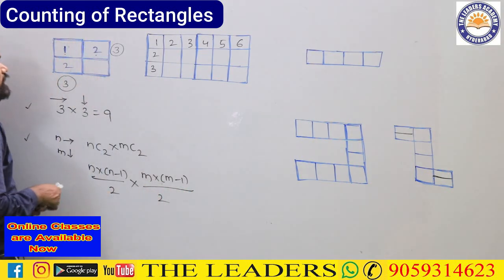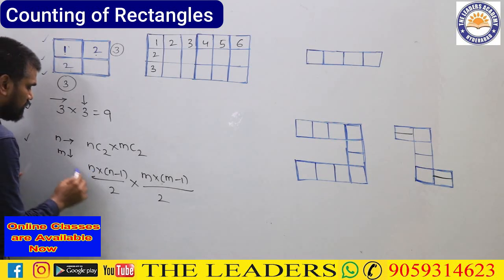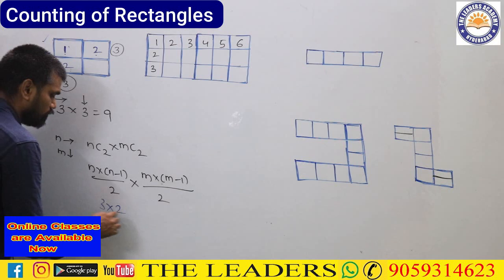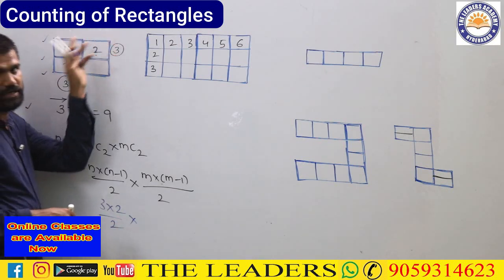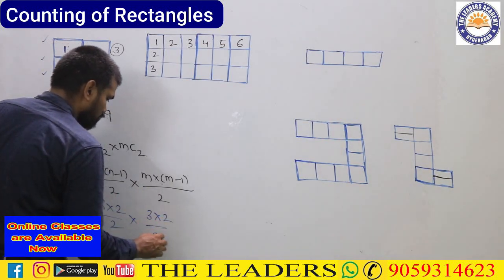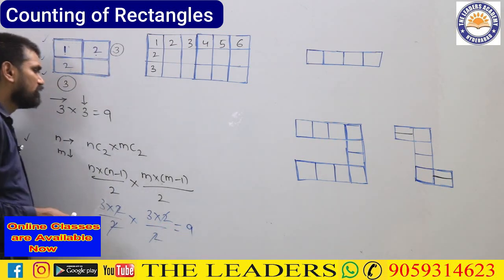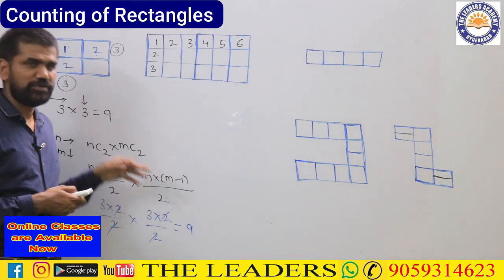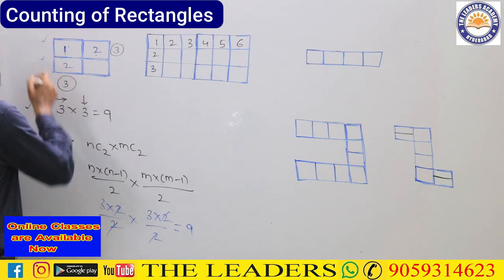Now in this particular diagram we have how many horizontal lines? In total I have 3. So if I am putting n as 3, this will give me 3 into 2 by 2. Coming to the number of vertical lines here, I still have 3 vertical lines. So the sum here will become how much? Here also 3 into 2 by 2. That will give you how much? 3 into 3, that is giving you 9. Doing this much in the competitive examination will take more time. That's why we suggest you go by using this method. That will always be useful.